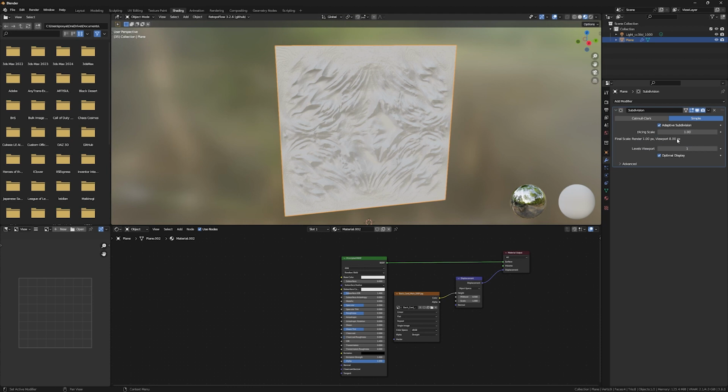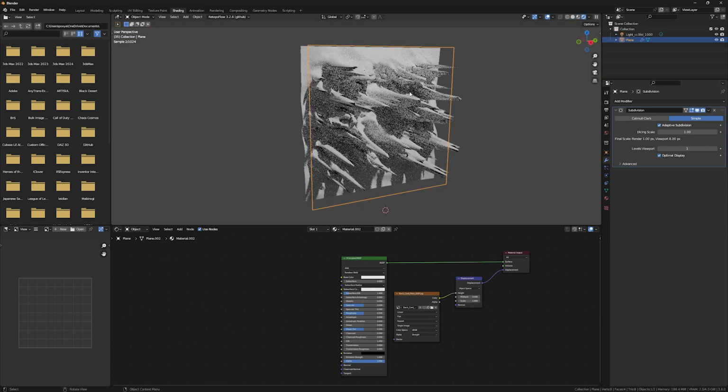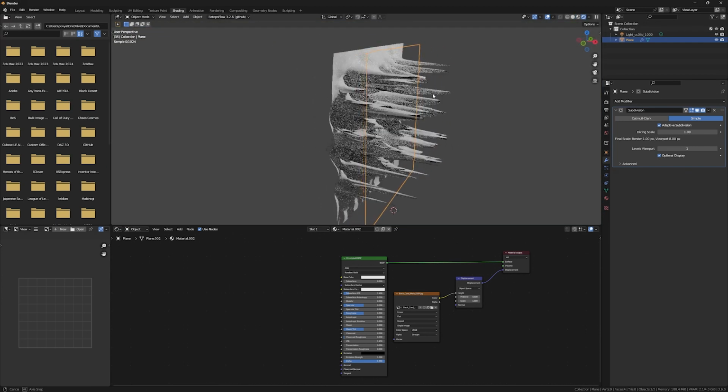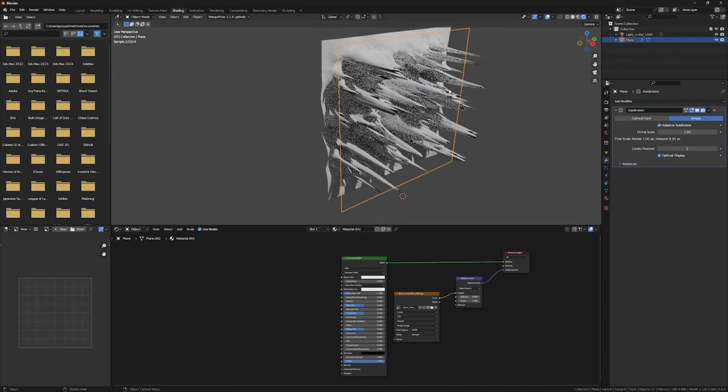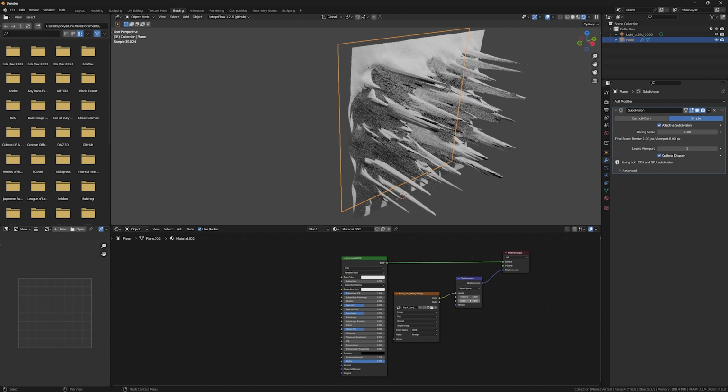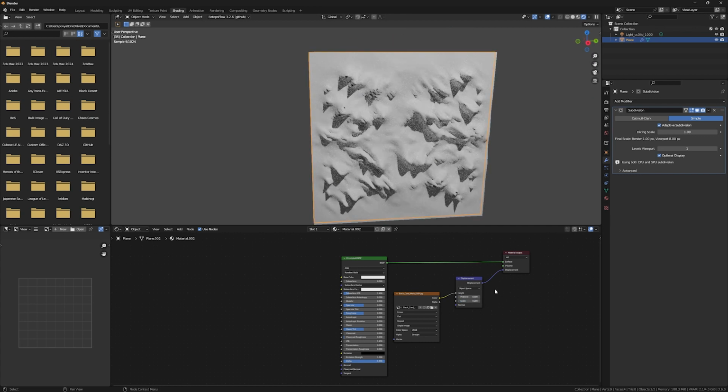We're going to change it depending on our model. But first, we need to go to the viewport shading in order to see what happens to our model. As you can see, the displacement is actually doing some work. We see actual carving to our model, but it's too strong and too jaggy. To fix that, we need to change the values on the displacement. I put the mid-level on 0 and the scale on 0.1. 0.2, too much, 0.15. I think it's fine.